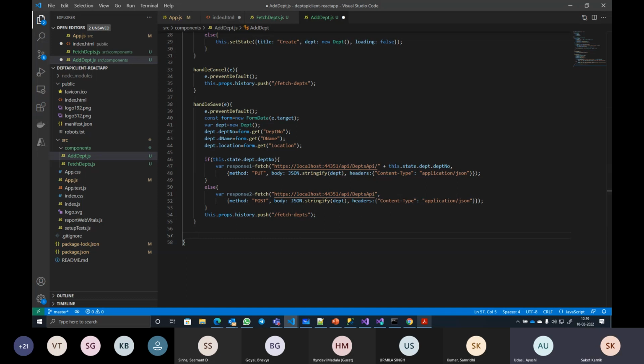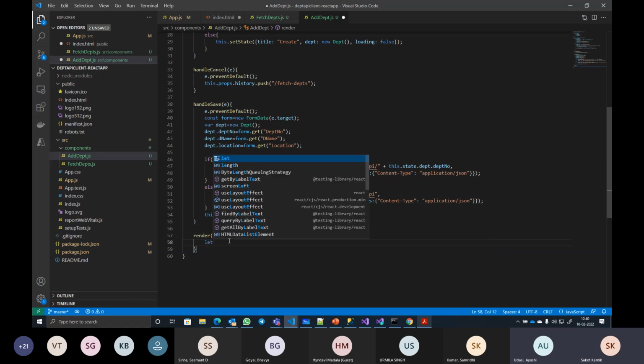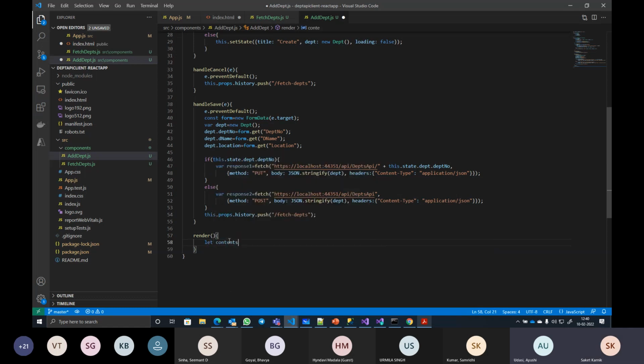Now the most important method here. Remember what it is? Render. This also starts with something we did in the previous component. I say let contents equal this.state.loading.